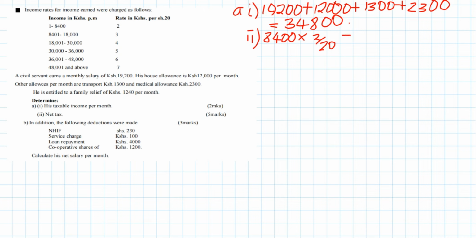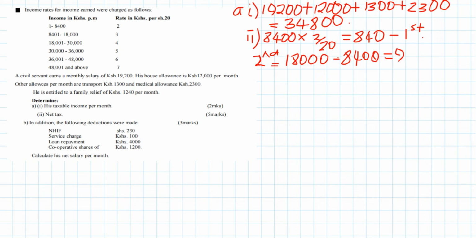So now that one gives us 840 shillings. So this is the tax that we are going to tax this person for the first band. And then for the second band, now we are going to take the first 18,000, the maximum in the second band. We take away the maximum of the first band so that we see how much taxable income is in the second band. So in this case, when you do the subtraction, we are going to get